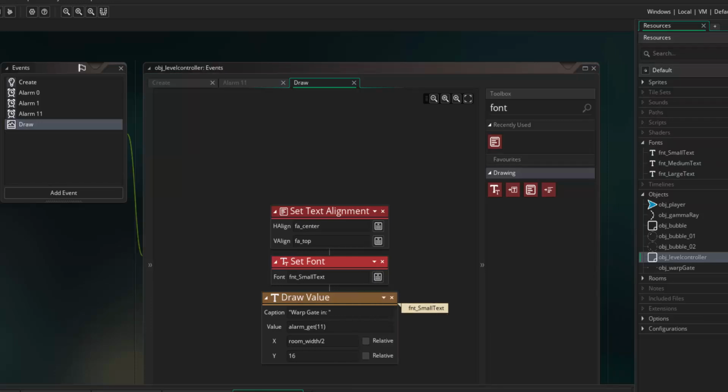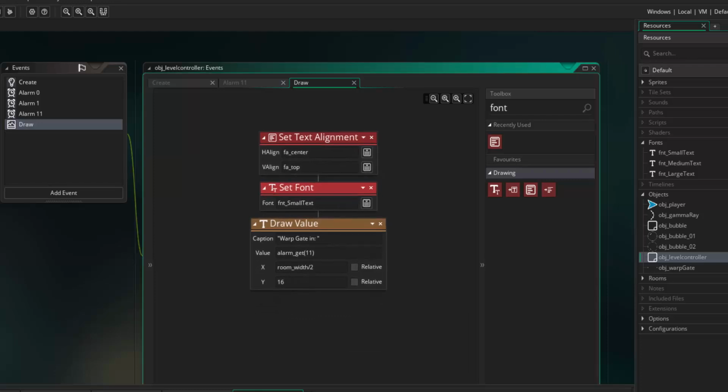If you want to learn how to do that, you can just Google it and it will show you how to do it. But we're going to use the ready-made small text font, and it's going to be center aligned and at the top of the screen. So now if we run the game,